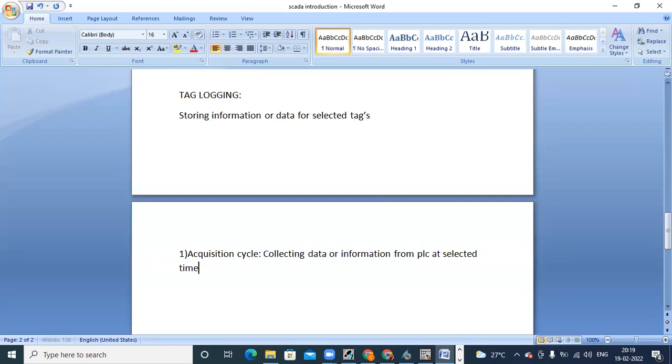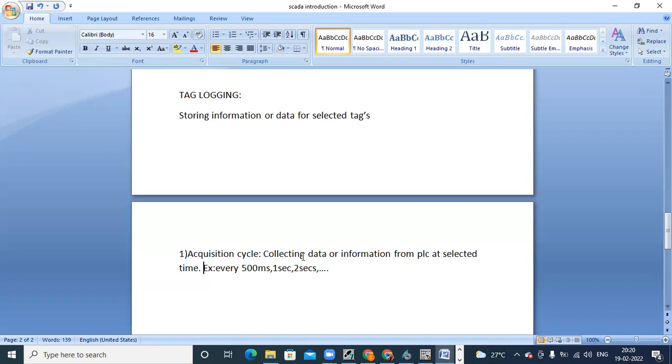For example, every 500 milliseconds, 1 second, 2 seconds, etc. So you can select any time here for collecting data. There are some parameters which change faster, within milliseconds, and some which change slower, after 1 second or 2 seconds, or that might change after 1 minute also.